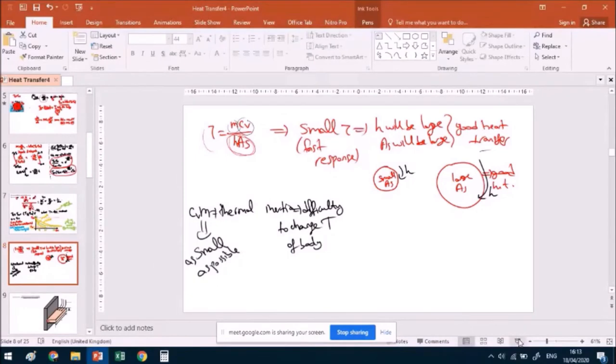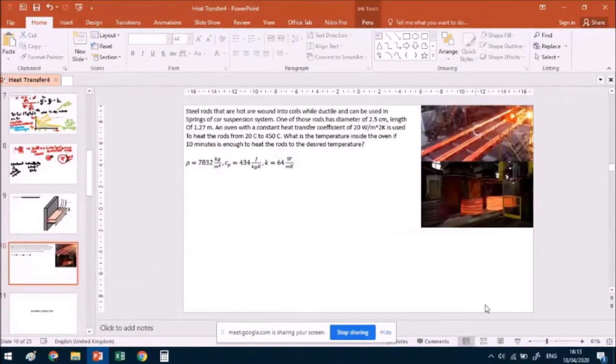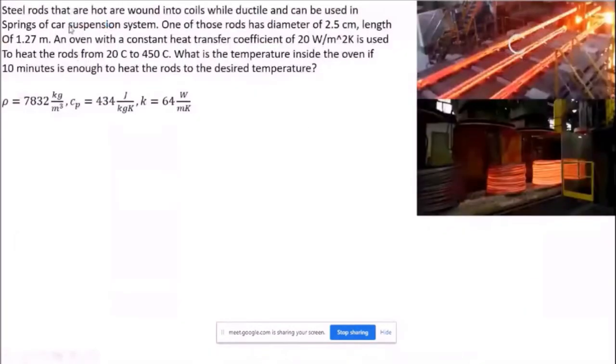So our example is as follows. Let's go to the example. We have steel rods that are hot and they are wound into coils while ductile, and can be used in springs of car suspension systems. You can see these are hot steel rods leaving the oven at high temperature. Then they are converted into springs, and these springs can be modified to be used in suspension systems